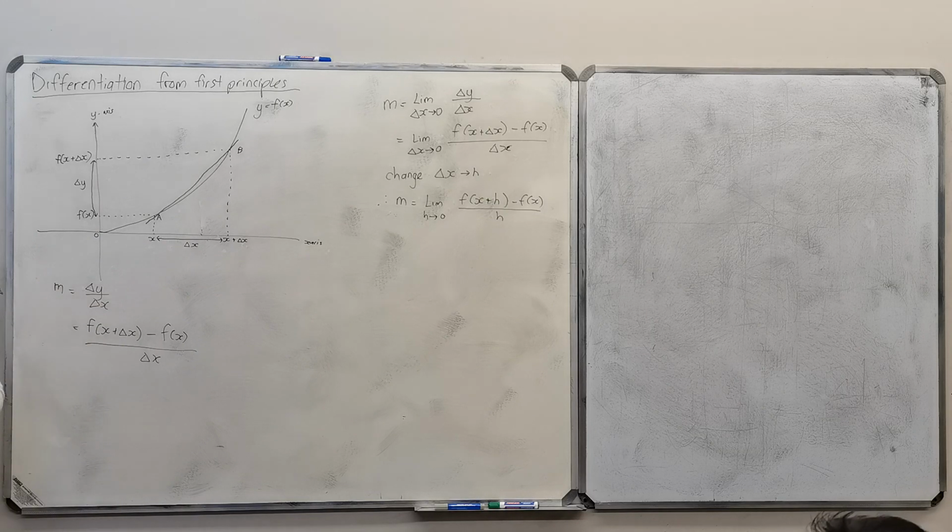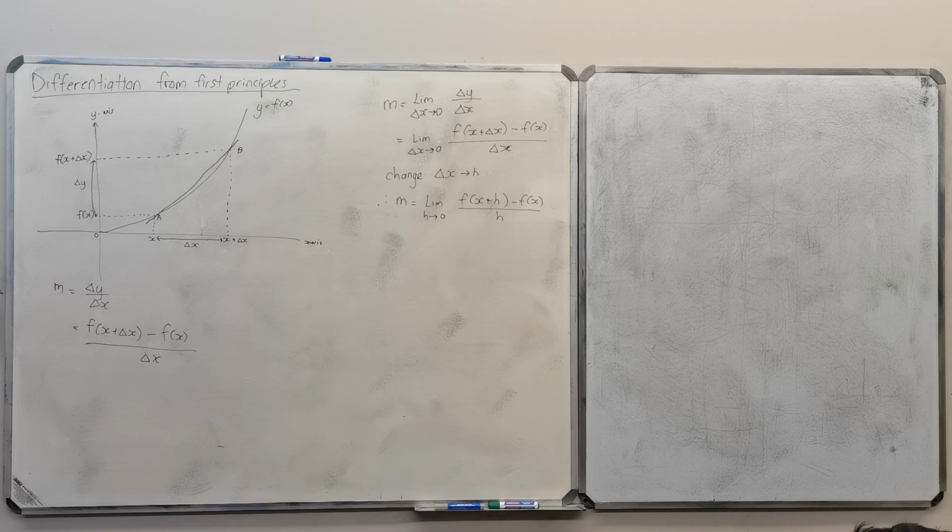Right? So far guys, you understand what I'm doing, right? Just showing you how we come to this formula. We don't need to know this, huh? Sometimes they do ask you to derive the formula for first principles. So you'll draw this diagram with the same labeling. You'll show how you would work out the gradient, right? You will say delta x moves towards 0. Using limits, you get that, and then you get that. Sometimes they ask, because you say you must know how to derive first principles, right? But